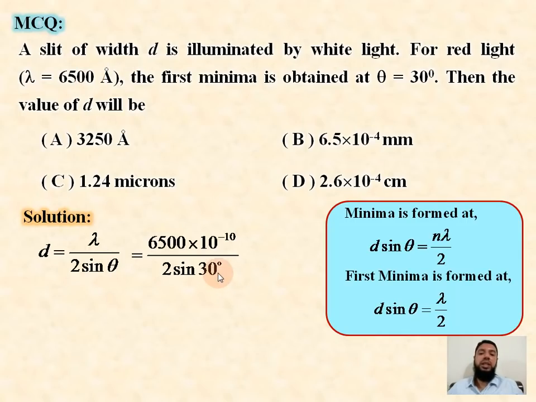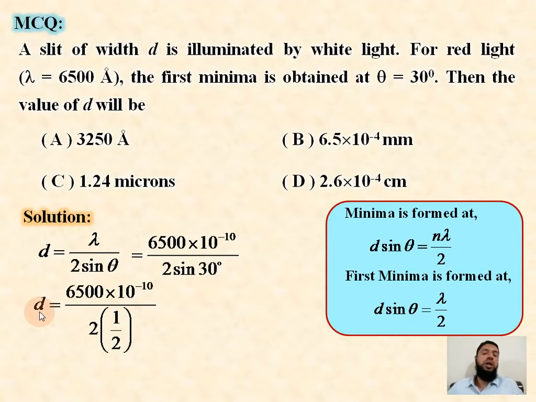Theta is 30 degree. Substitute sin 30 as half. Then the 2 cancels. Hence the width of the slit is 6500 angstrom, or 6500 into 10 power minus 10 meter. When we shift the decimal point, it will be 6.5 into 10 power minus 7 meter. This is not among the options. So converting the 10 power minus 7 into millimeter, it will become 6.5